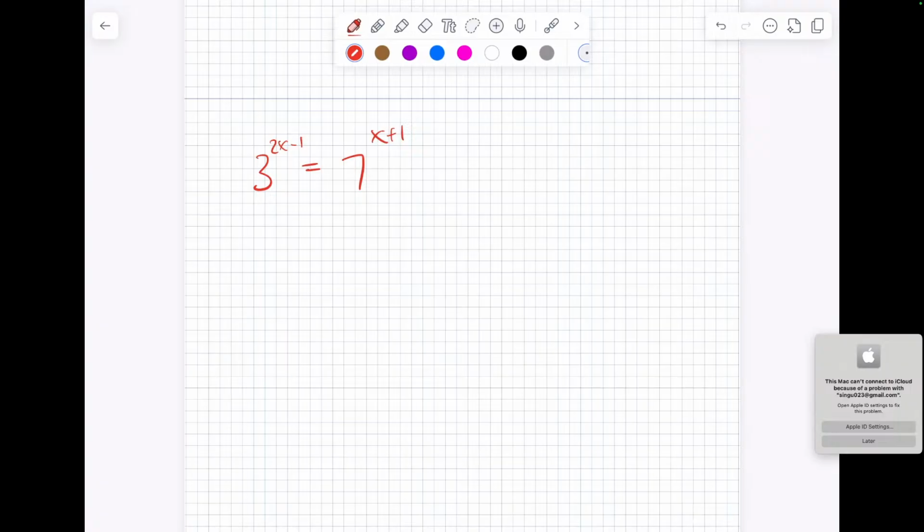Here, do we have a common base? 3 and 7 have nothing to do with each other. They both are prime numbers. There is no factor of each. There is no exponent of each. They are the most basic numbers there are. It's not like